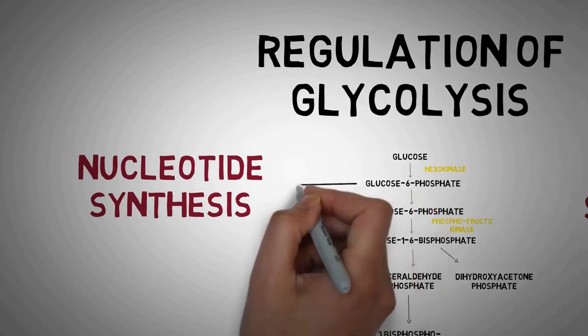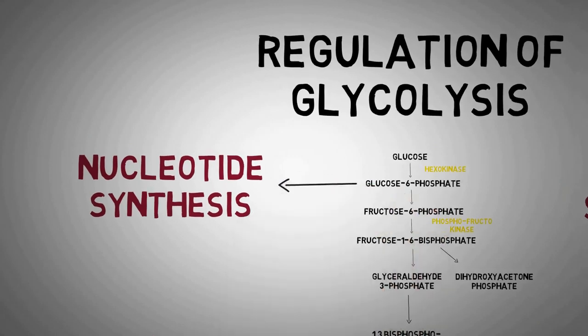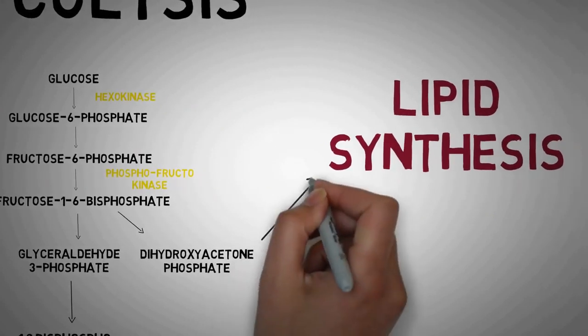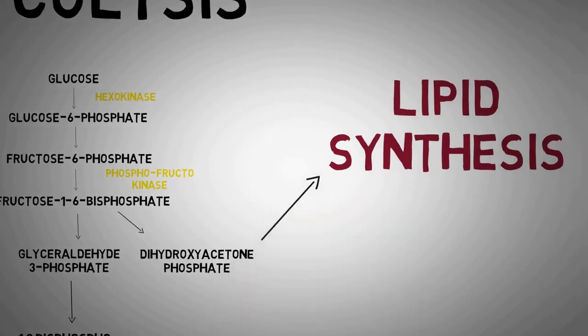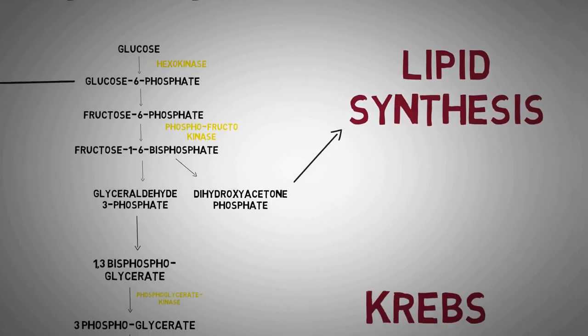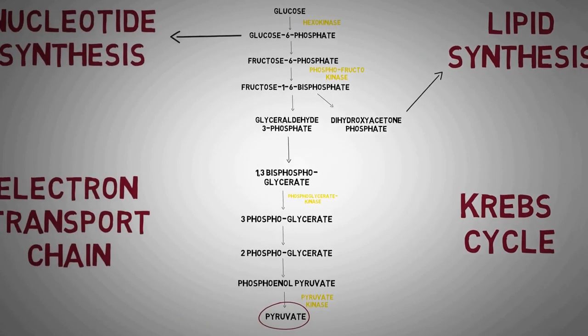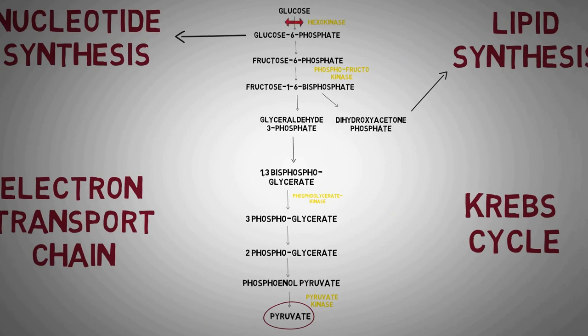For example, glucose 6-phosphate is used to make building blocks of DNA, the nucleotides. Dihydroxyacetone phosphate is used to make glycerol, which is a very important substance for making essential lipids in our body. Pyruvate is important for production of cholesterol and fatty acids. And glycolysis is also very important for the generation of energy. So it becomes important to regulate this pathway at more than one point, which allows the regulation of several pathways